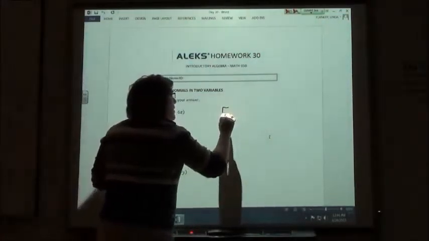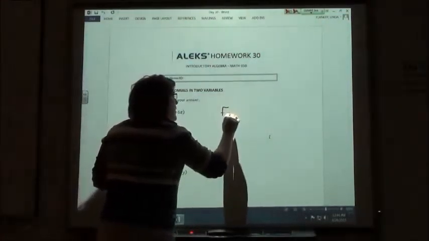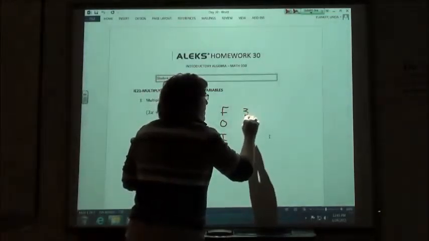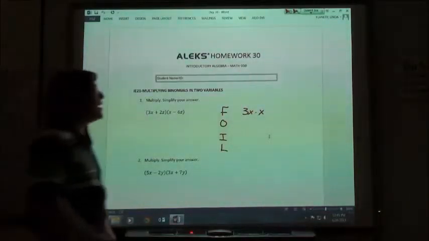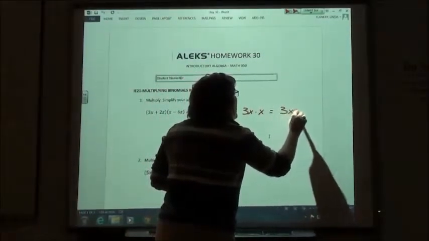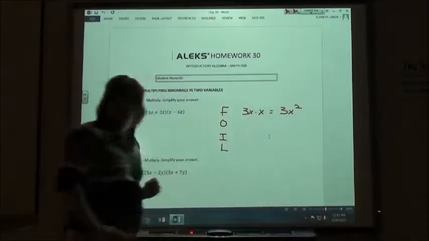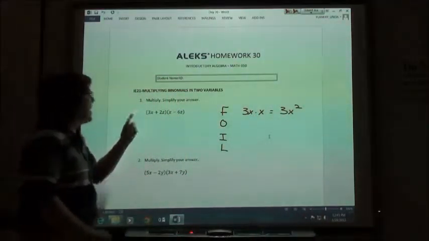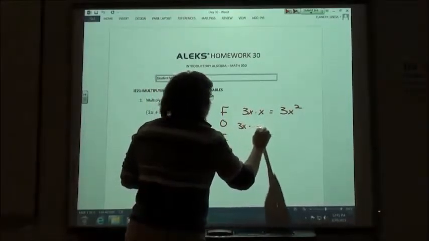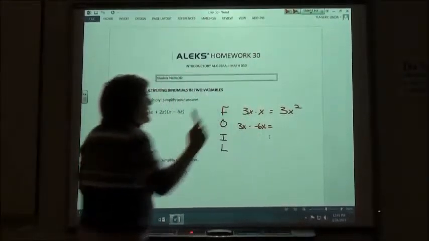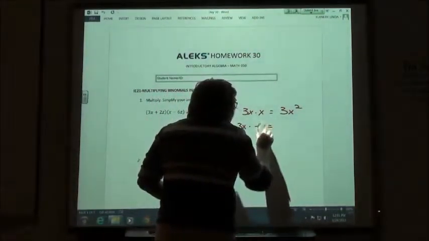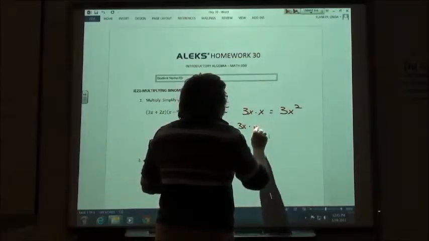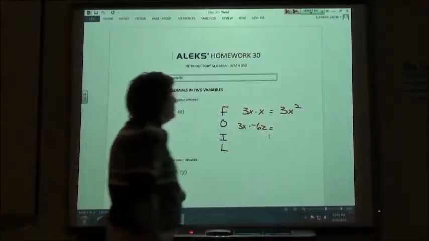Again, just reminding you of the FOILing. First pair, I'm going to take the 3x times the x. A 3x times an x would be 3x to the second power, because an x times an x is an x squared. Then I'm going to do the outside pair. So I'm going to take the 3x times the negative 6z. I wrote x down, that was supposed to be a z. 3x times negative 6z would be